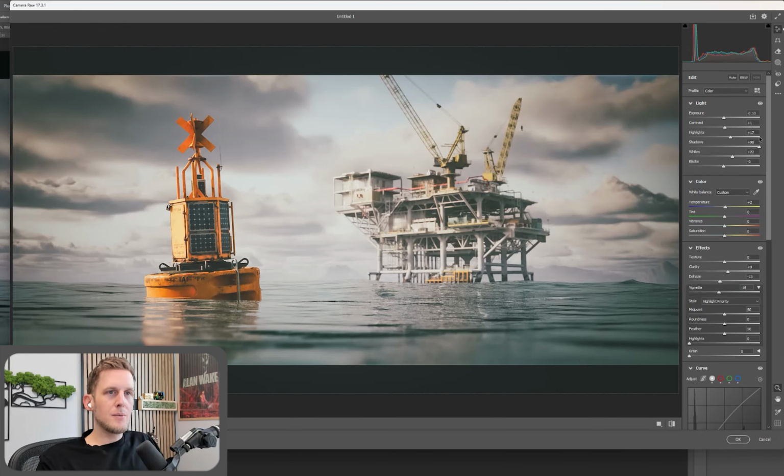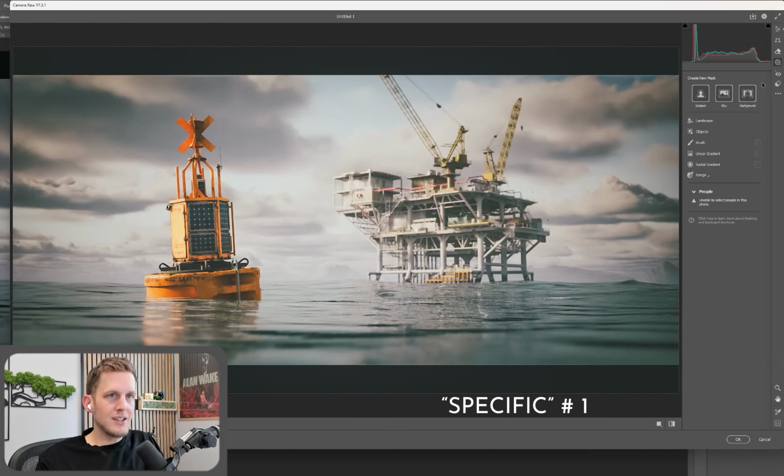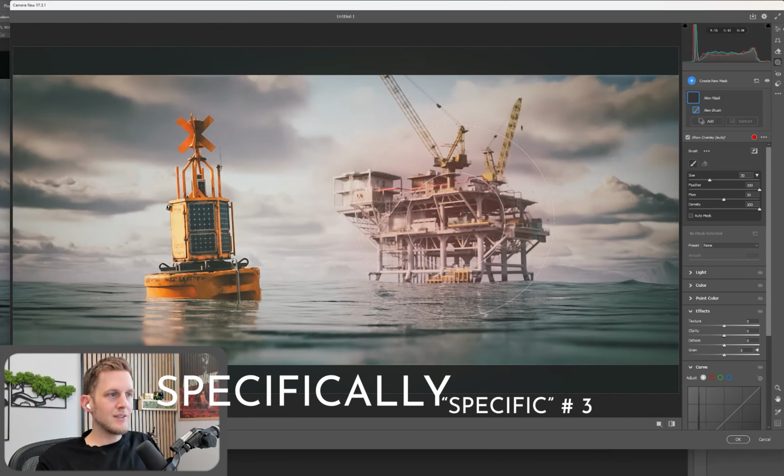If you want to play with very specific parts of your image, you can also select this masking section here on the right and paint very specific areas of your image specifically to change specific